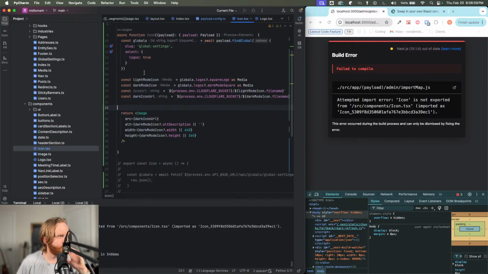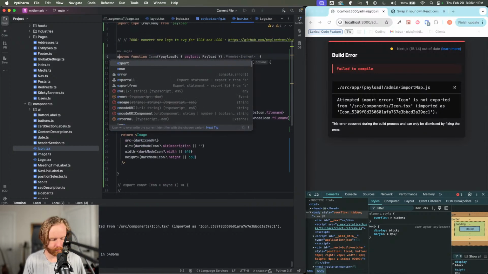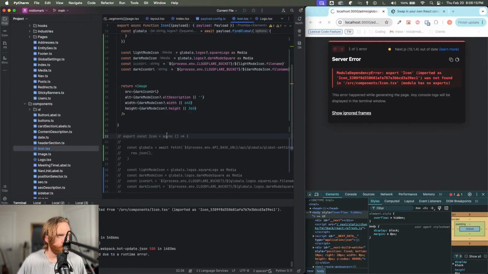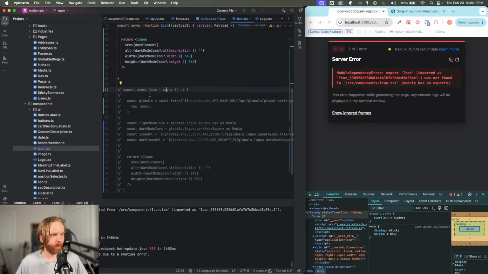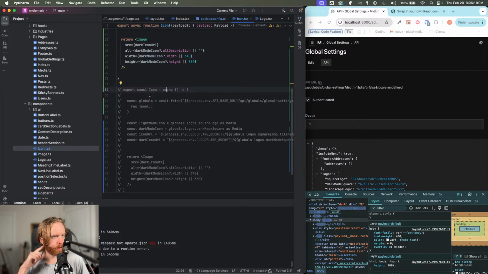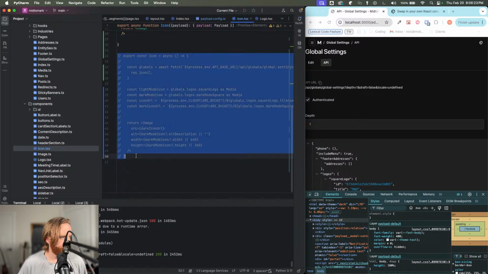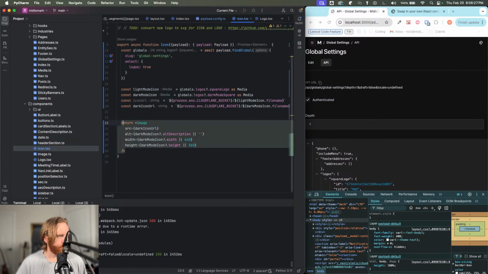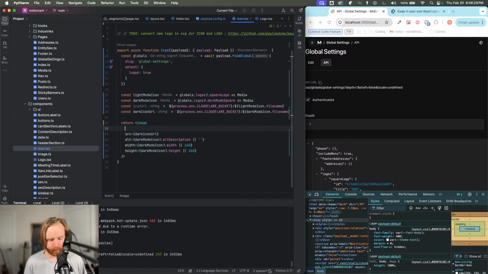Icon is not, oh, I need to export it. And then as long as this works, I can get rid of this. And then we're going to do a dark and a light mode thing. Perfect. So we've got our dark mode icon from our local API, which is exactly what I wanted to do. So now we're going to need a class name here. And in this class name, we're going to do,